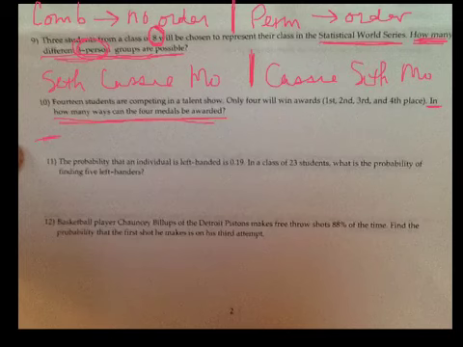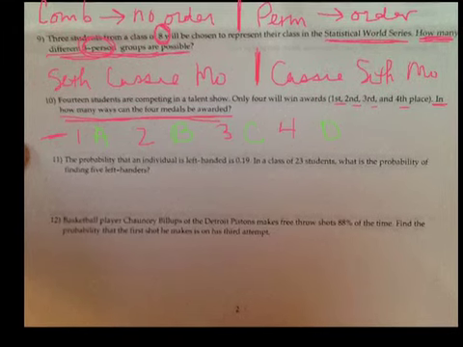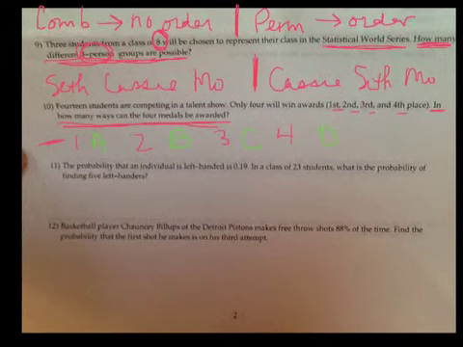Down below in number 10, now I'm filling people into first, second, third, and fourth place. So just imagine writing the numbers 1, 2, 3, and 4, and then putting the people into the positions. If I have student A in first place, student B in second place, student C, and student D, and then you rearrange spots, like you swap those 2, that's a different situation, right? Order matters because you're filling them into positions. So what that means is that number 9,